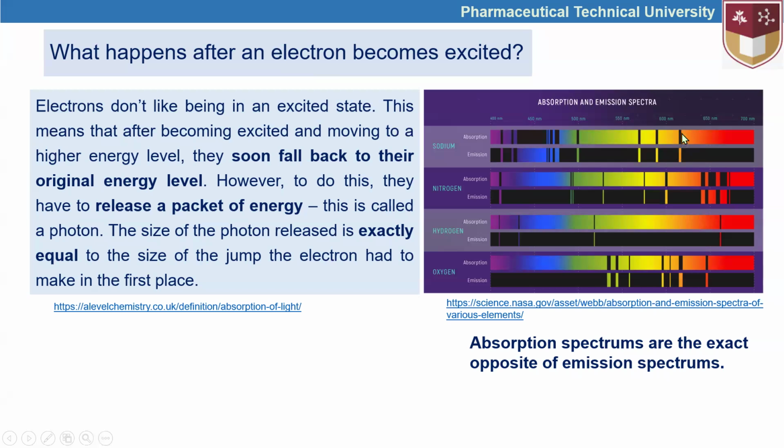And reversely, when they are falling back, the same range and the same amount of energy is released. The meaning of this text can be understood based on this absorption and emission